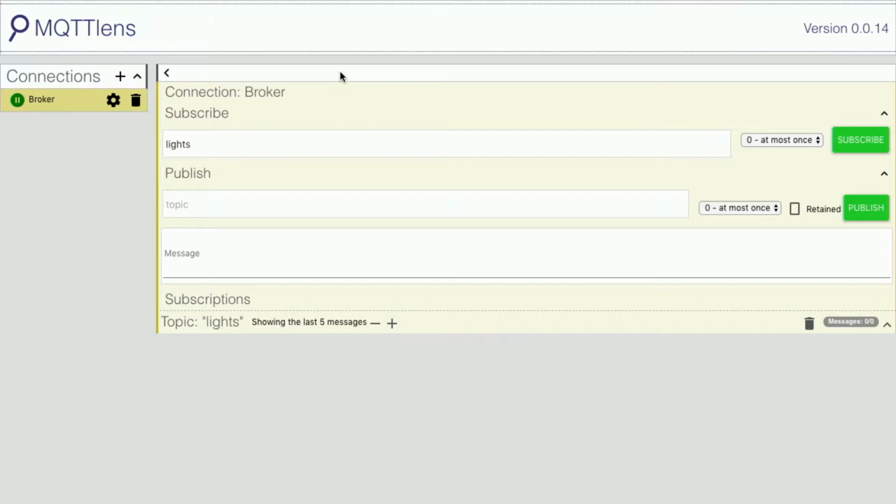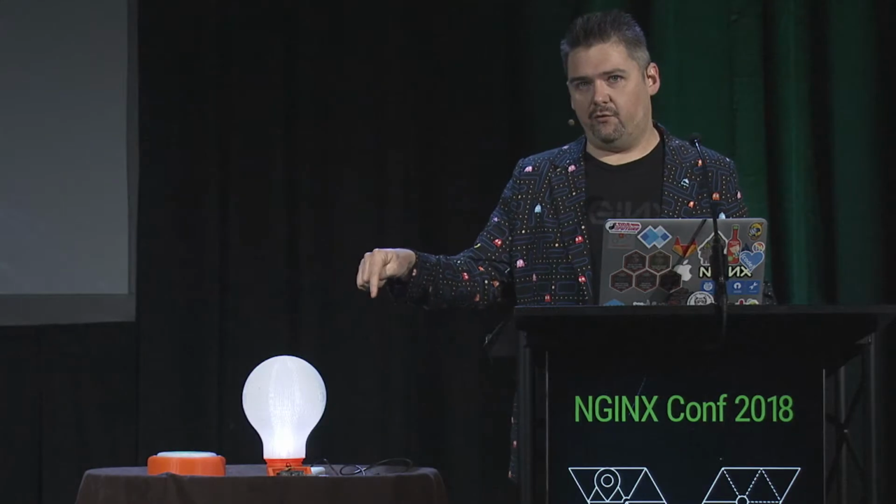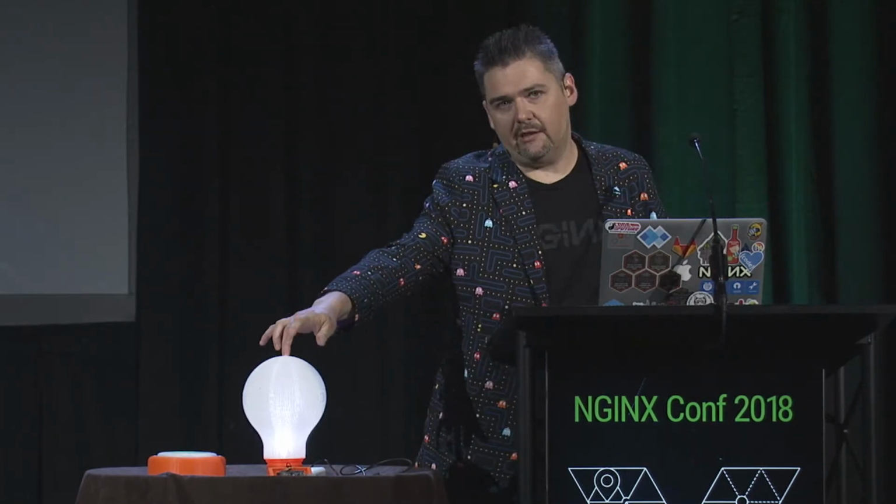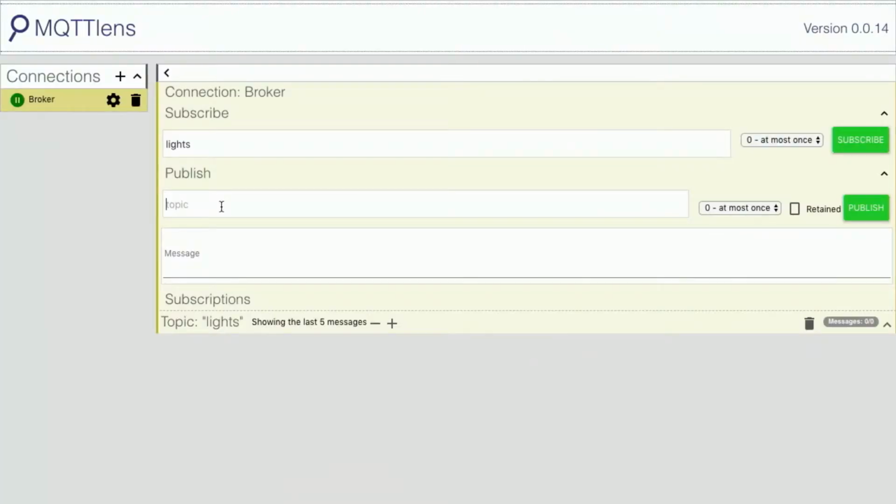Yes, they are. And once I interact with them, so one's going to be listening, so the light bulb will be listening on lights as well for particular messages to go in. The button is doing both, so it's going to push a message into the broker, and then also it's listening as well because it's got a bunch of LEDs on the inside, so it'll be able to interact with that as well. First thing I'm going to do on here, and you can do the same thing from this client as well. So I'm going to push a message into the lights, and then I'll make them all go blue.